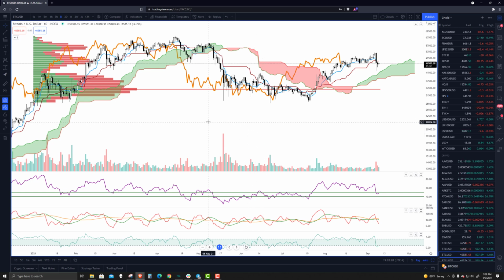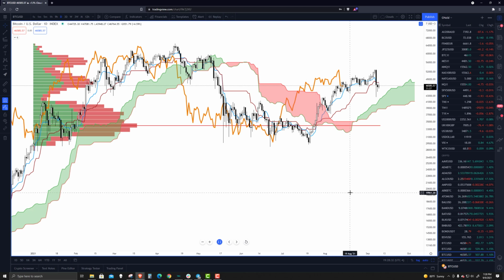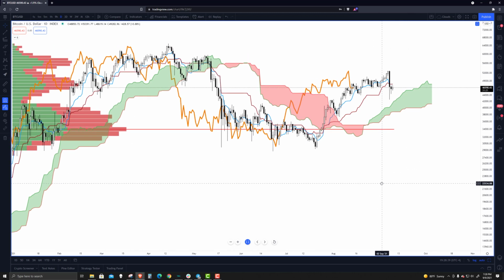Taking a look at Bitcoin. So there's another half hour left before the close occurs here, and then we see the Friday candle. But going into the last 30 minutes of the trade day, you can see that we're trading inside a high volume node here between